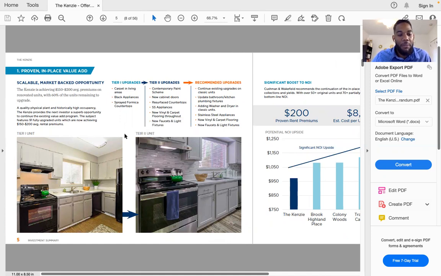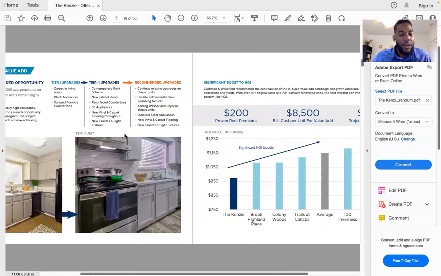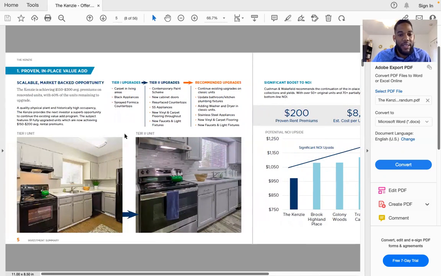Charles always says, make sure it's not every single deal you're looking at, because they're going to get tired of you. So you want to make sure it's a deal that you're hot and ready to pursue before you send it over to them. Because you don't want to be that guy or gal sending every single deal that comes in your mailbox to them. Hey, what do you think about this rent growth? What do you think about this property? Soon they're going to put you on the blacklist.